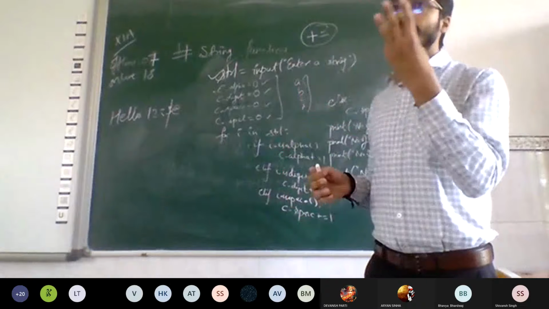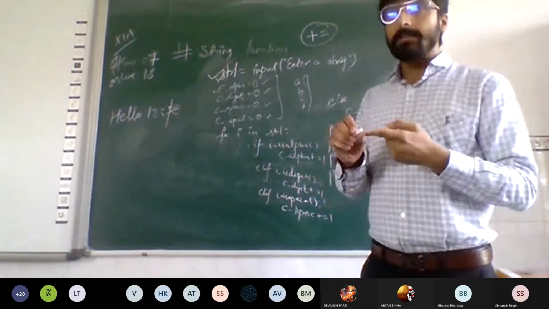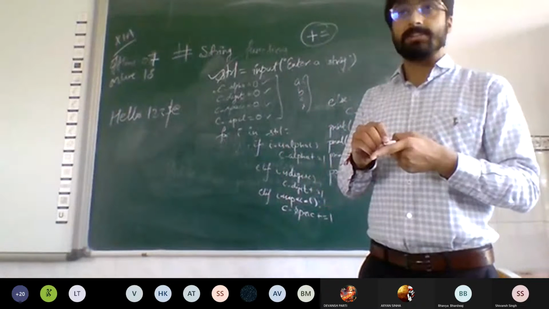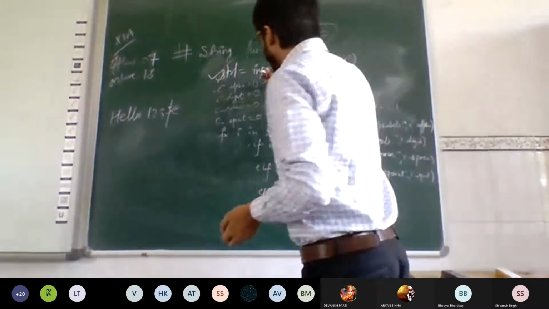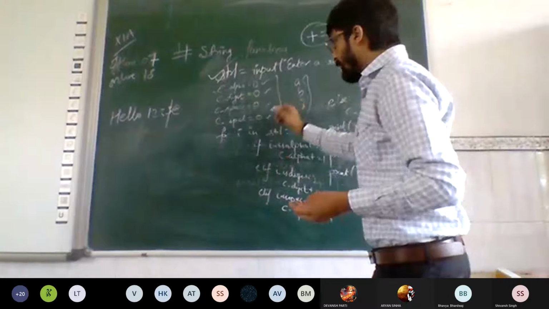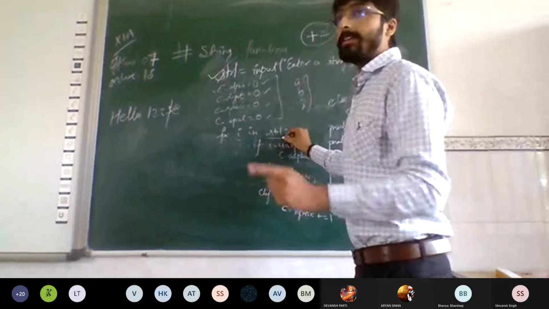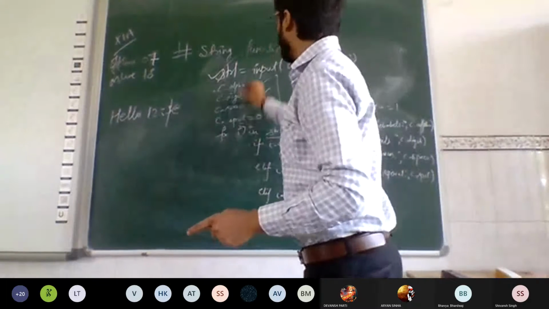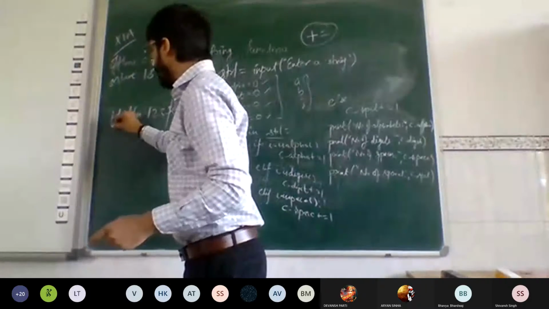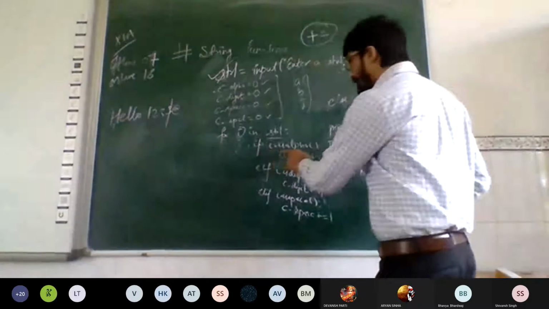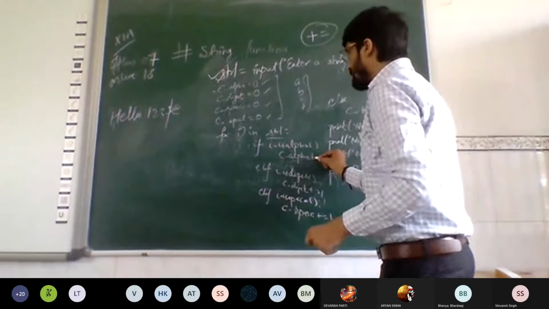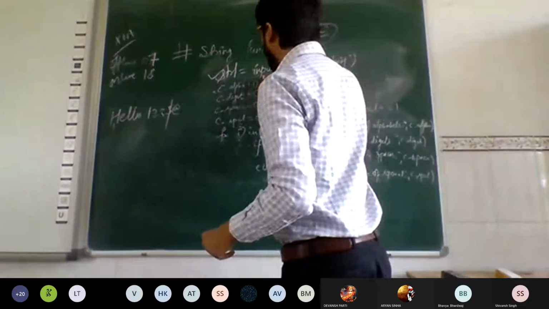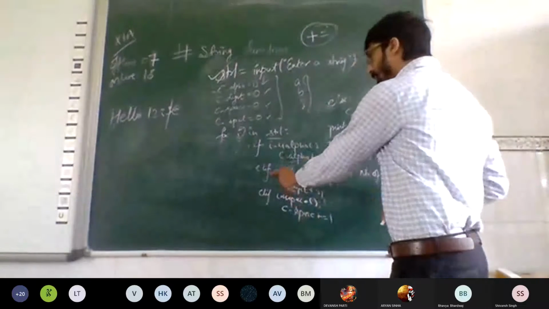Three things are mainly checked basically: the best case, the worst case, and the average case. All right, so we have taken the for loop, for i in str1, traversing the string. This i is right now pointing to the character H. Is this an alphabet or not? True. C alpha plus equals 1. The variable C alpha will get incremented to 1.